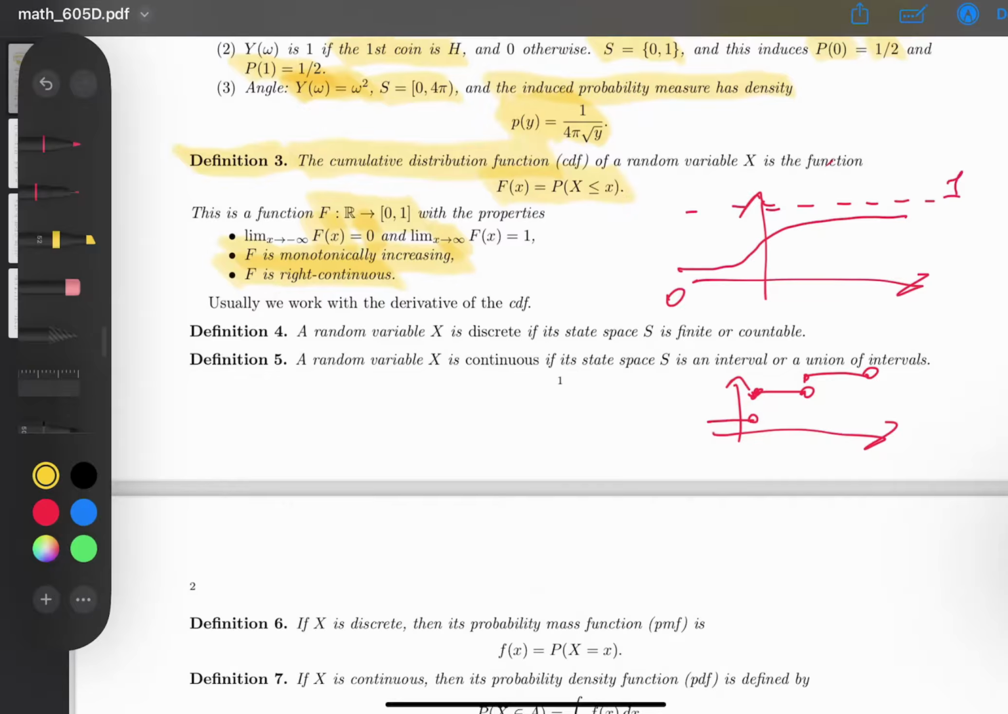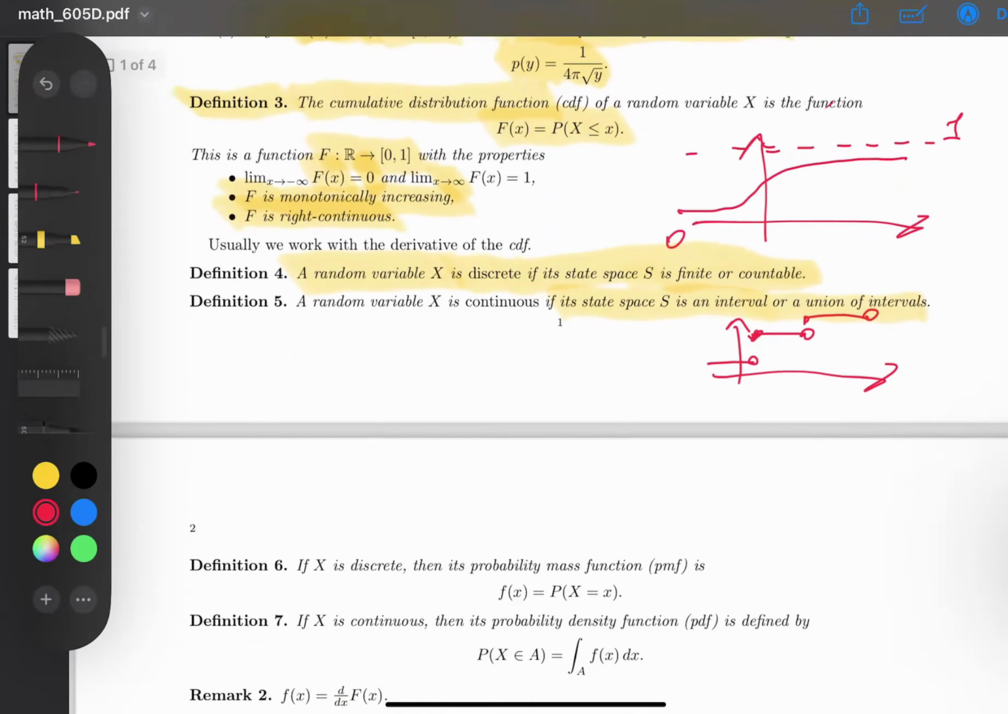Usually we work with the derivative of the cumulative distribution function. That's why we say that a random variable x is discrete if our state space is finite, and a random variable is continuous if the state space is an interval or a union of intervals. So the idea here is, what do we have? We have our random variable, which maps from the state space into the real line. And then we have our cumulative distribution function F from the real line to 0, 1. And what is happening here,